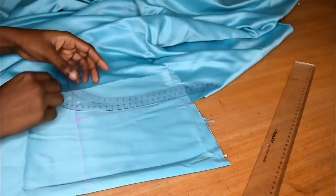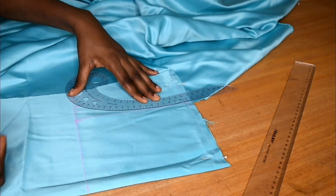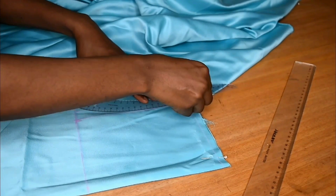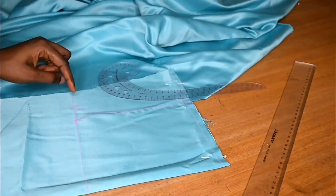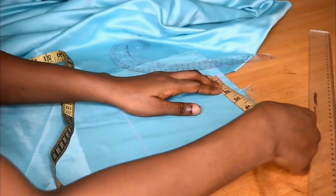Now after this, of course, is to use my French curve to curve out the armhole. Now what I'm doing is for the front bodice. Now once I'm done with that,